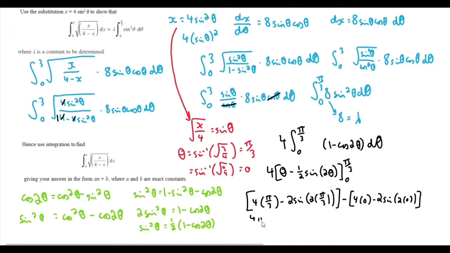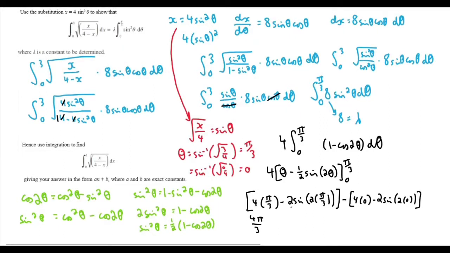Here, this will be 4 pi over 3. This here, just putting it into your calculator, make sure in radians, that's going to get you minus root 3. And actually, this entire bracket here, 4 times 0 is obviously 0, and 2 sine of 2 times 0 is also going to be 0. So really, we're taking nothing away, leaving you then with just this expression. Therefore, comparing to this form, A is 4 over 3, and B is minus root